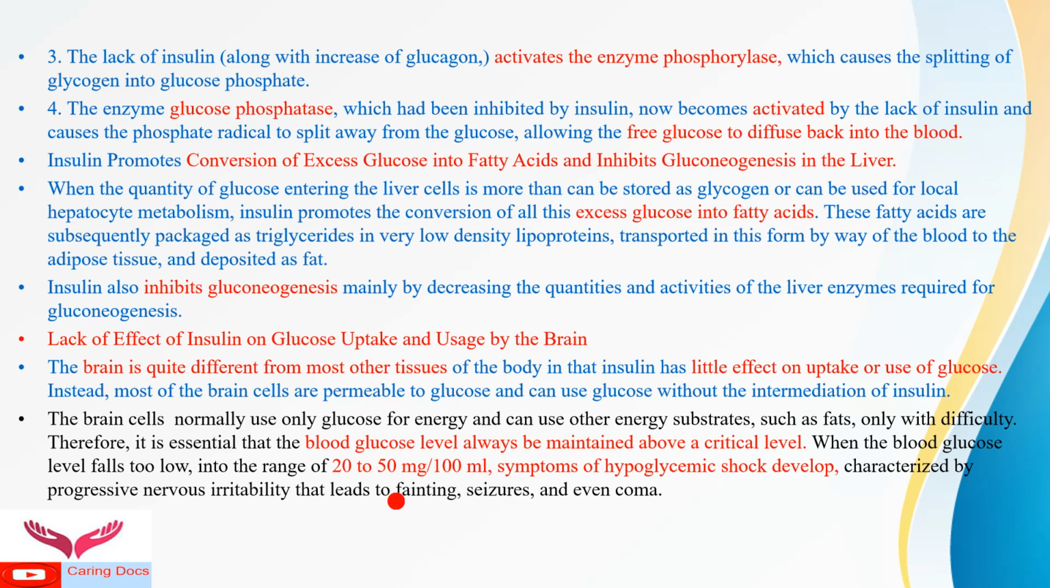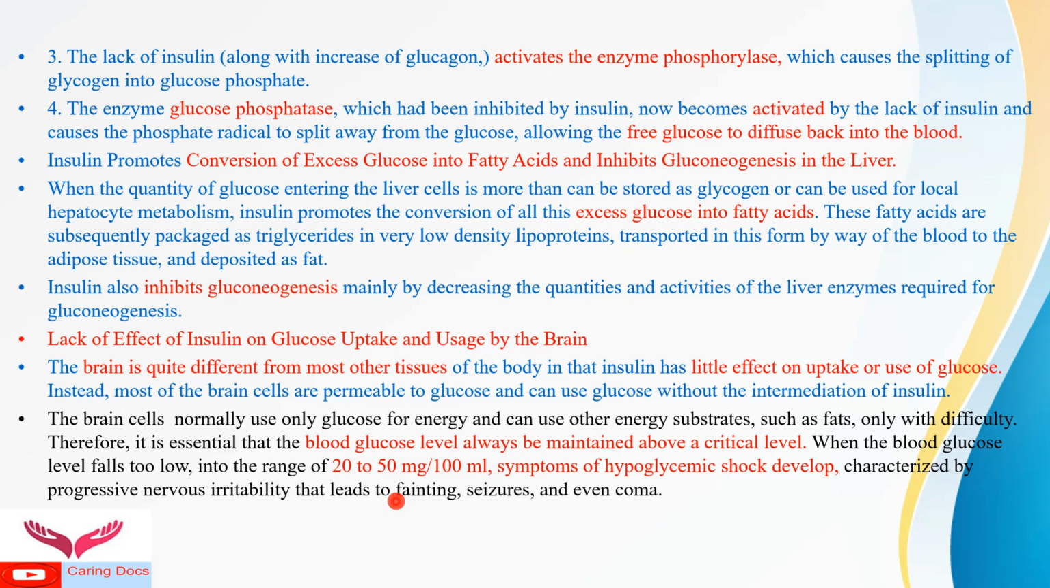Insulin also promotes the conversion of the excess glucose which we take in into fatty acids and inhibits gluconeogenesis in the liver. So when the quantity of glucose entering the liver cell is more than can be stored as glycogen or can be used for local hepatocyte metabolism,